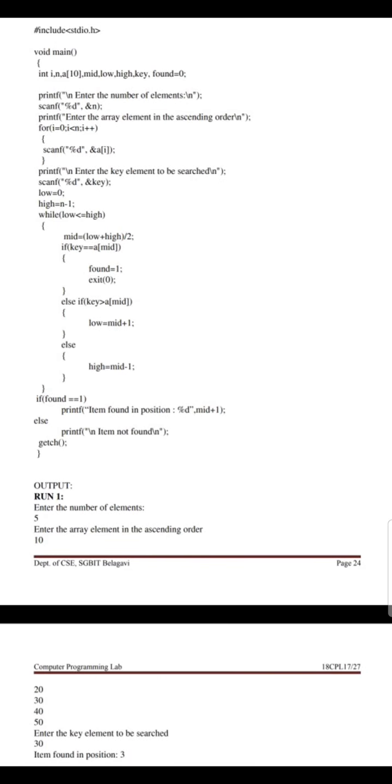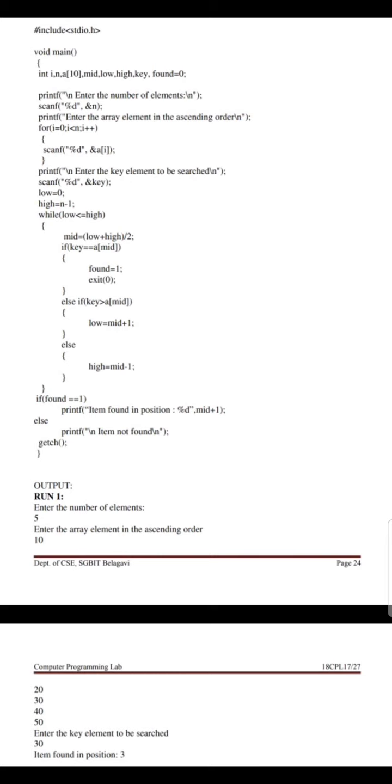We are comparing with the key element. 23 equals 23, so the condition is true. Then we go inside the loop. Found equals 1, which means it will go out of the loop.